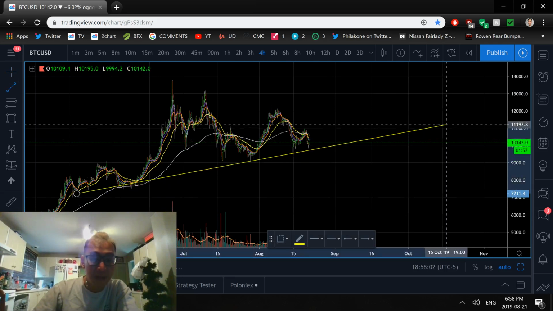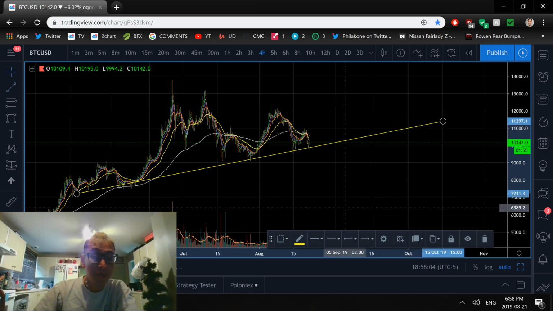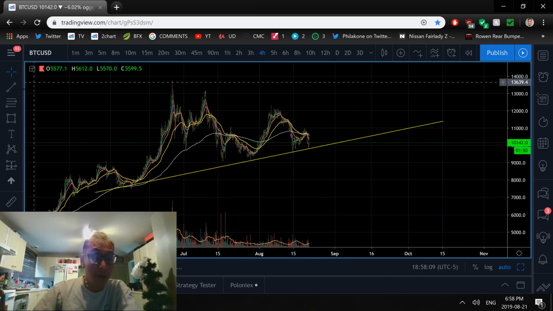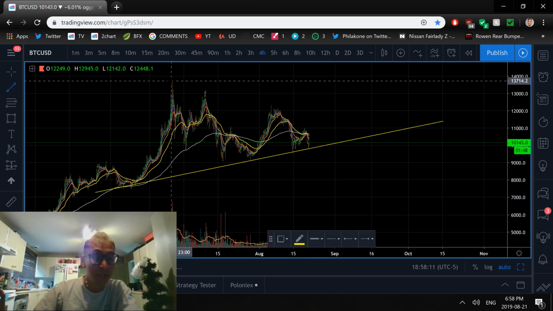Now that we've established that quick theory, we're going to talk about this support that has been established for a very long time now. This one here, I would personally call it not even an interim support, I'd call it a long-term support that's been established since basically,